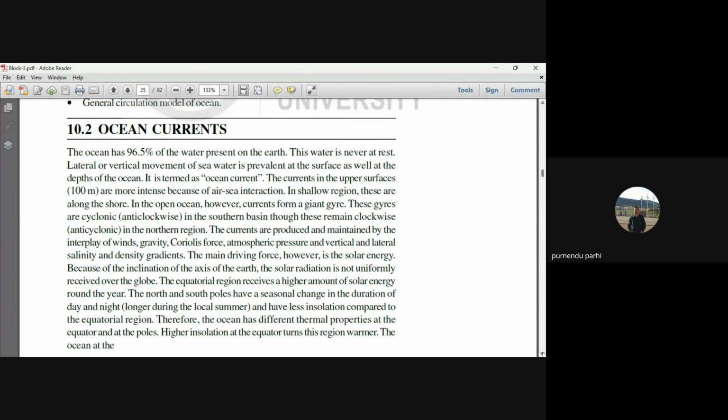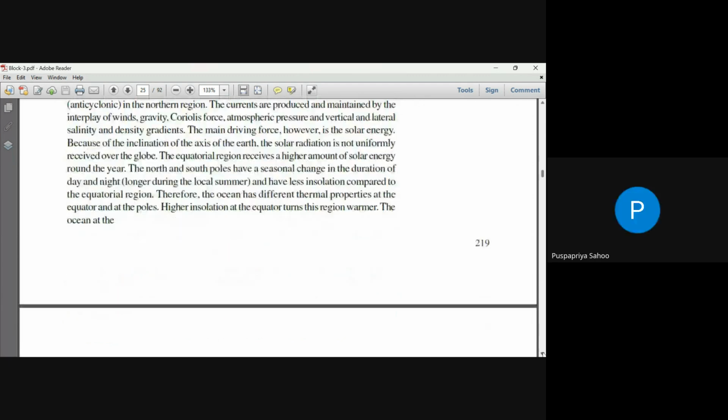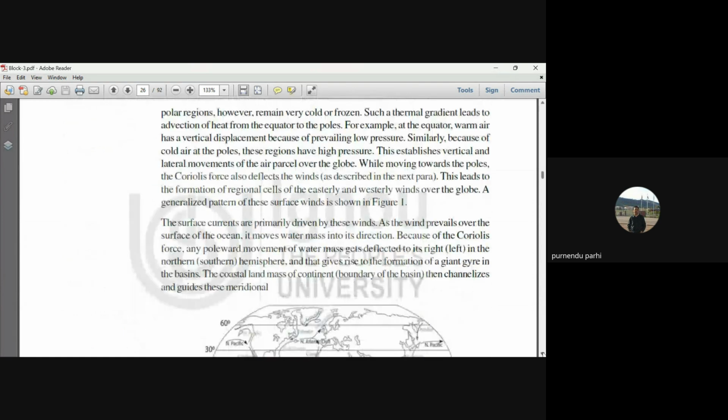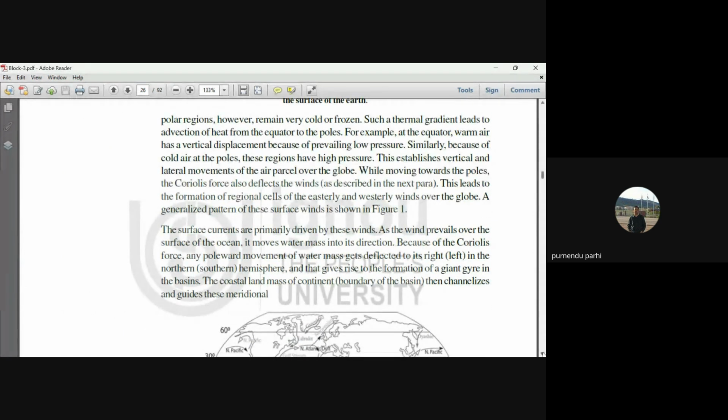In the open ocean, however, the higher insolation at the equator turns the region warmer. The ocean at the polar region, however, remains very cold or frozen. Such a thermal gradient leads to the advection of heat from the equator to the pole. For example,